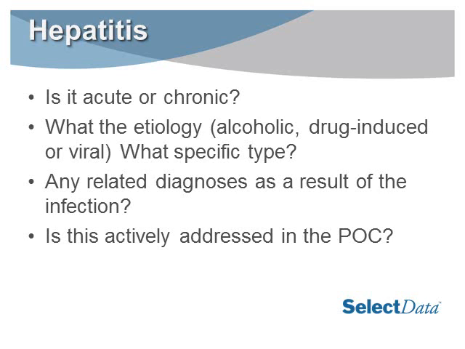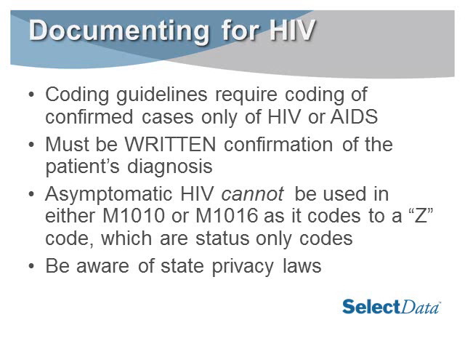Is it alcoholic? Is it drug-induced or viral? And if so, what's the specific type? And do they have any related diagnoses as a result of the infection, such as cirrhosis? And is this actively addressed in the plan of care? Documenting for HIV, it's extremely important that you have very specific, very accurate documentation in order for your coding specialist